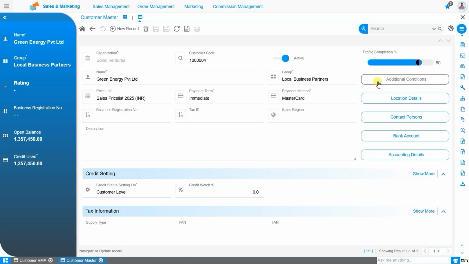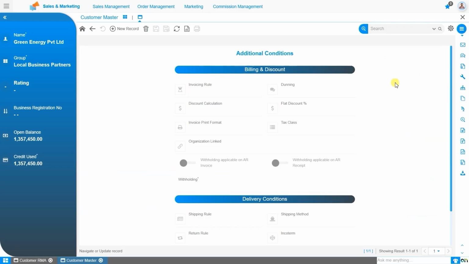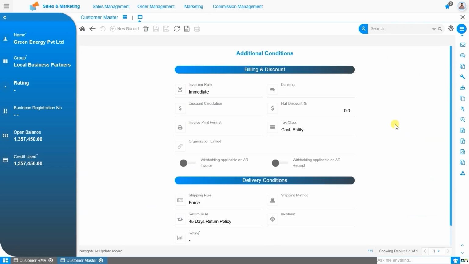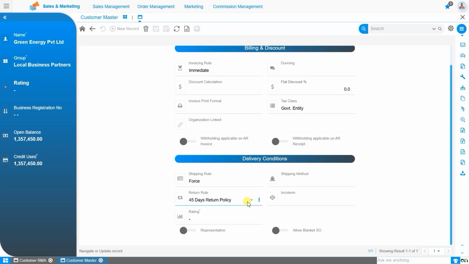Next, click on the Additional Conditions tab button to navigate to the Additional Conditions tab. Here, you will see that the return policy is already linked. If the return policy is not linked, the user will not be able to create the customer RMA, and the return process cannot be completed. Therefore, it is essential to ensure that the return policy is linked to the customer to enable processing of the